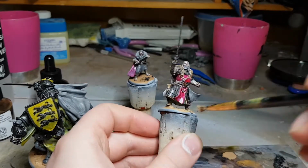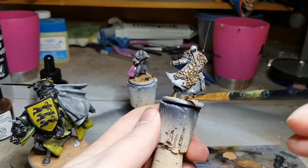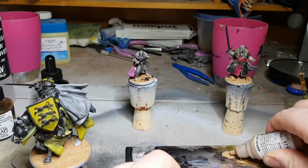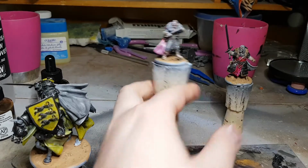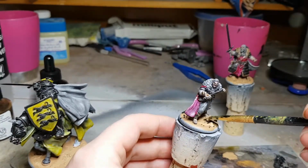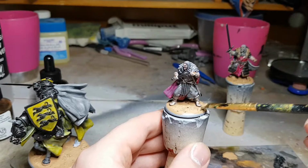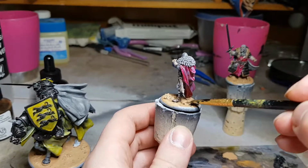There are a lot of different ways that you might want to do your bases for your miniatures, depending on the environment you're going to have them in. For my set of A Song of Ice and Fire tabletop game miniatures, I've decided on a convention where all of the non-combat characters have a stony base, sort of an indoors castle, just gray stony kind of thing going on, whereas all of the characters that you would use in combat get a grassy base, representing a really generic battlefield, basically. As such, what I'm going to be showing here is how to make one of these grassy bases,